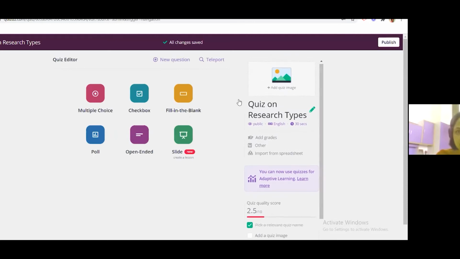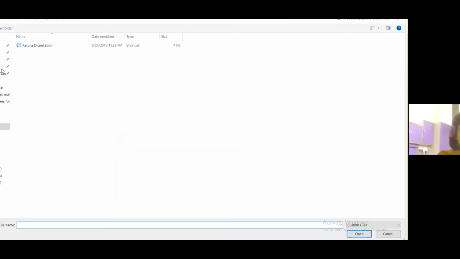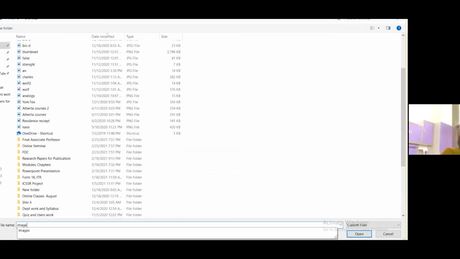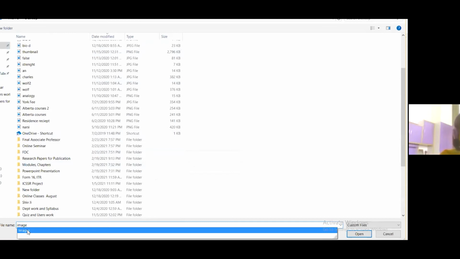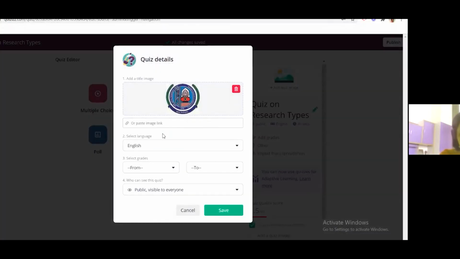So I can add an image of my quiz. You can also have some images in your system. Find some image for your quiz. You can select the language, you can select the grades.